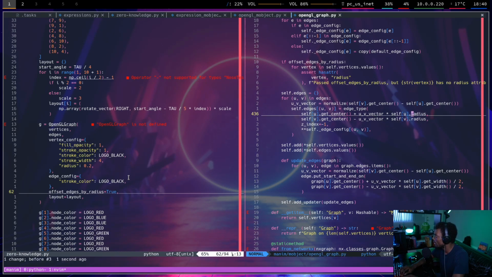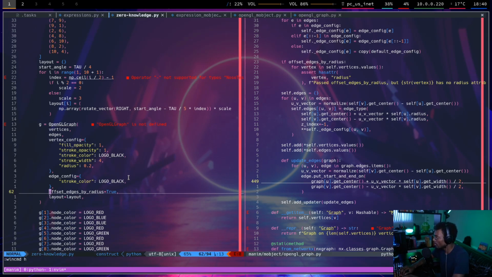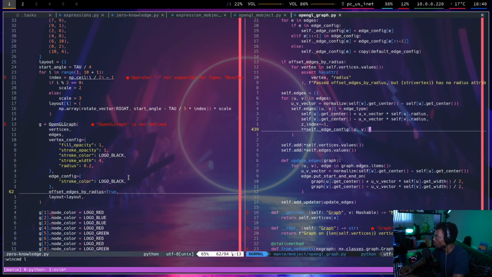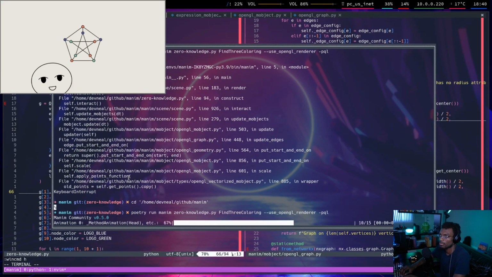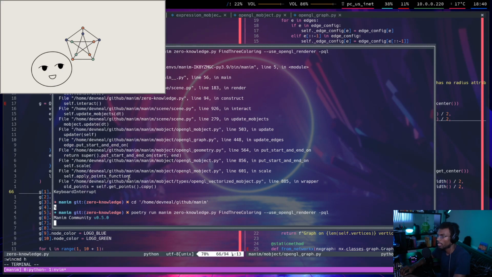For this I'll have the radius. Then after that I'll do get width divided by 2. For this I'll have the radius. Then after that I'll do get width divided by 2. Yeah. Or maybe this should, I guess this would be more consistent. Okay. All right, so that looks pretty good. Now I'm gonna want